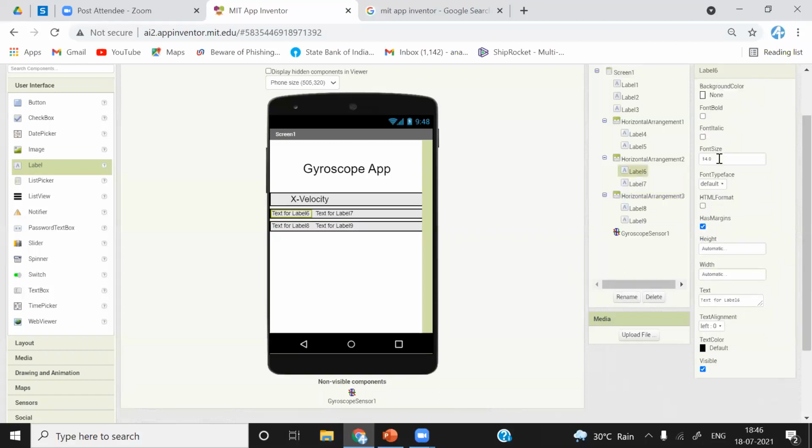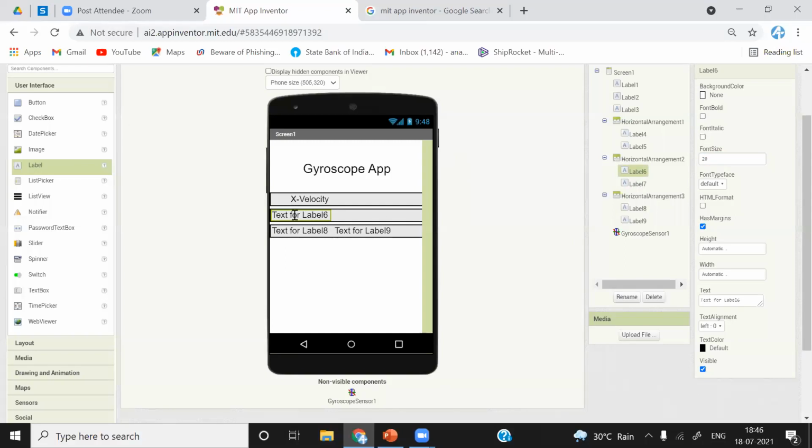Now make font size as 20 for each component. Make width 50%. Text alignment center and remove the text.